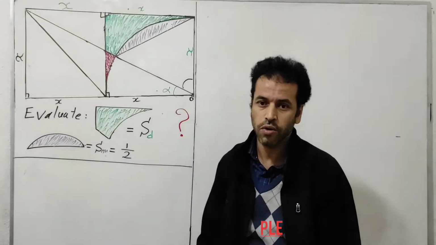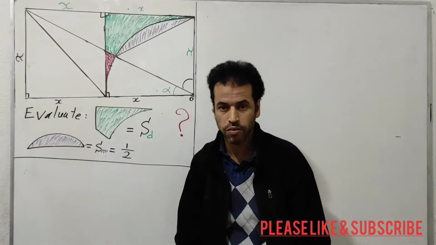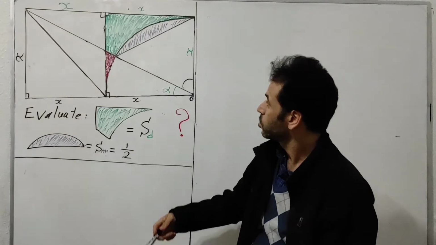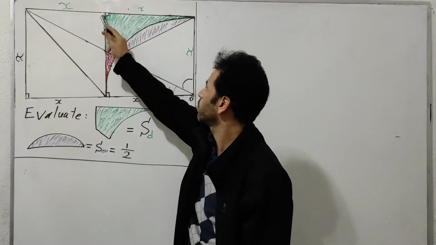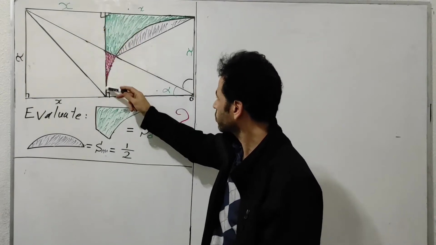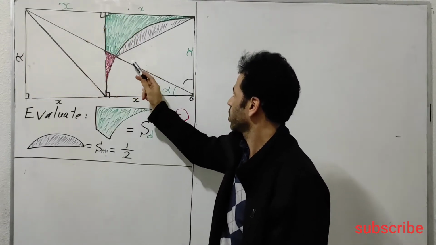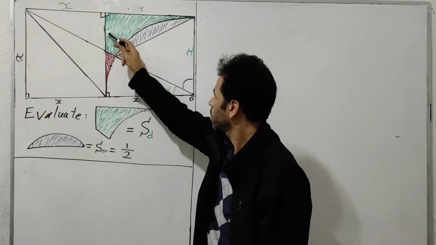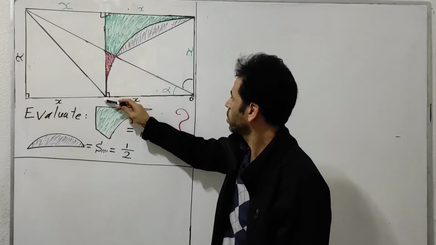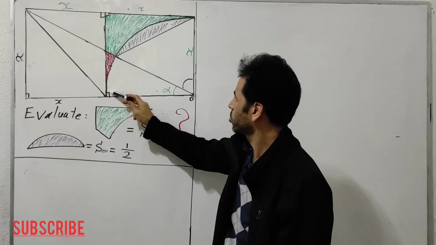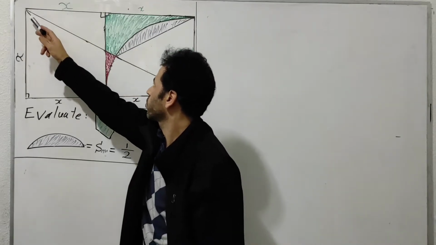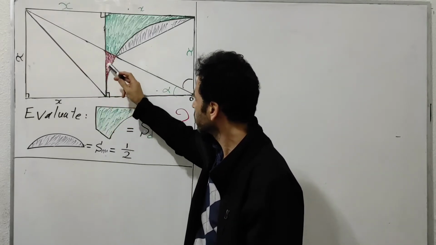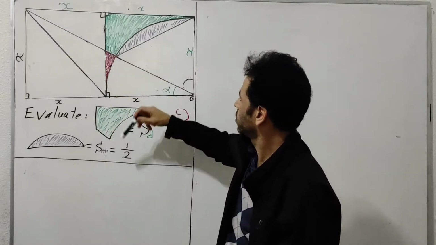Hi, in today's video I would like to introduce a very nice geometry problem involving a rectangle, a corner of the circle and triangles. First of all, I'm going to draw this line from the middle of this rectangle, dividing this rectangle into two congruent squares and touching this corner of the circle at this specific point, making this a right triangle. The second line goes from this vertex to this vertex, passing through these specific points and dividing this